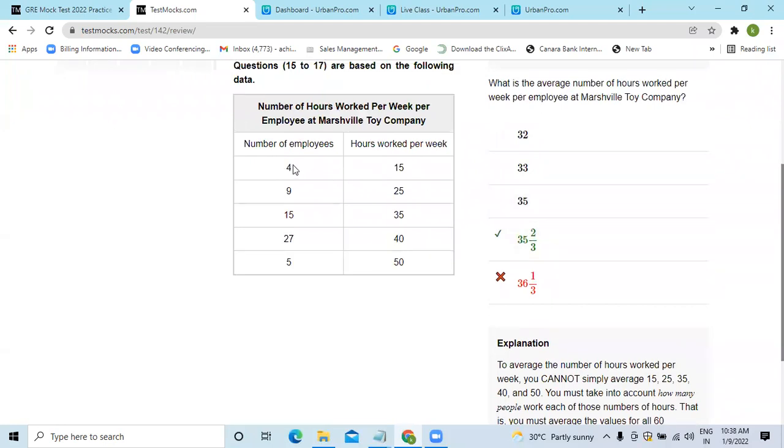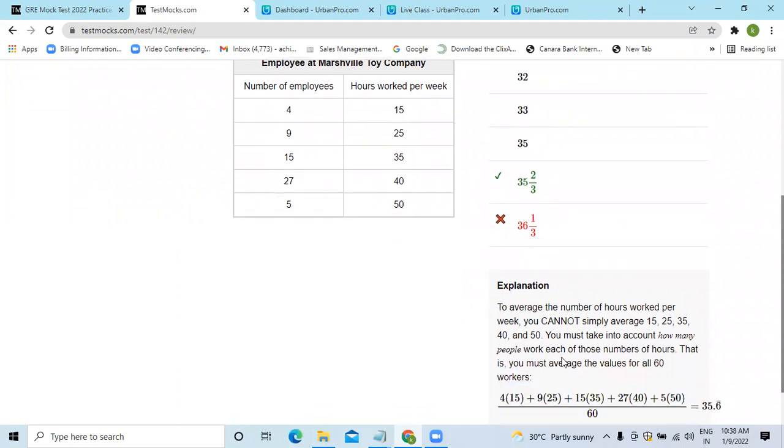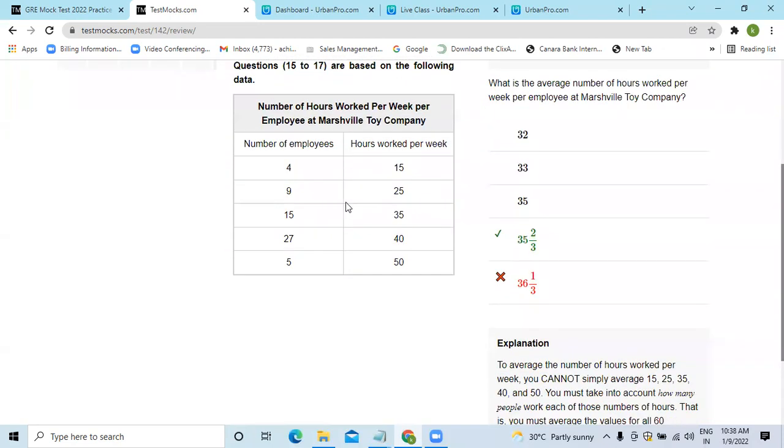Whenever you have the number of employees, that is the frequency, and the average number of hours worked, you have to multiply each like this, and then only you can find the average. What normally the students would do is they would just take the average of 15, 25, 35, 40, 50, right? You did that, I think. Yeah, I think I multiplied somewhere wrong. Did you multiply, or you check again adding all this? 40, 75, 115. Just check it out. Total.